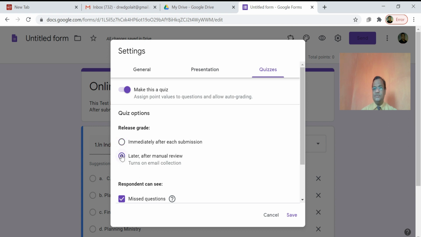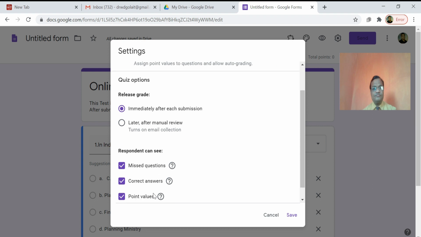If you select the other option, later after manual review, it means whenever the quiz organizer sends it, they will get it. We want them to get the result immediately after each submission.